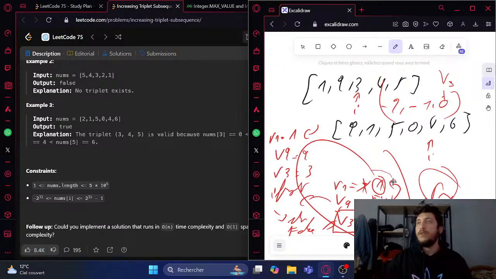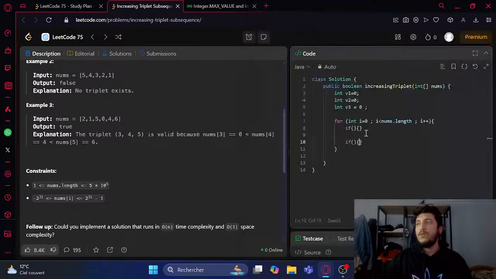So we're gonna compare the first. So if nums of I is lower than v1, then